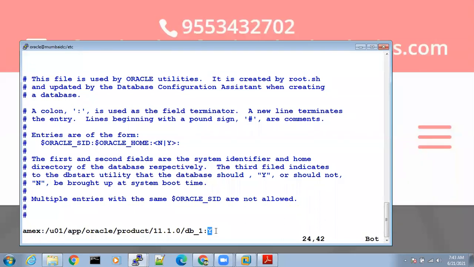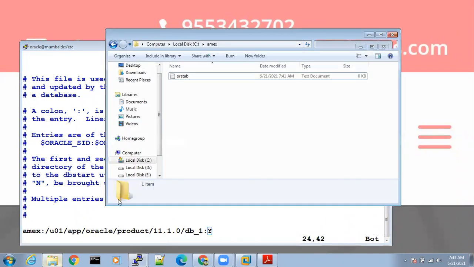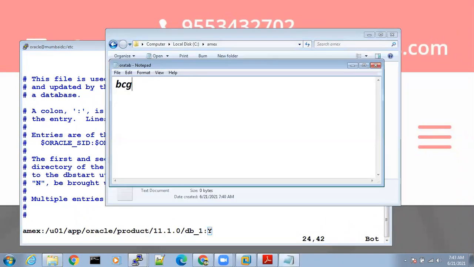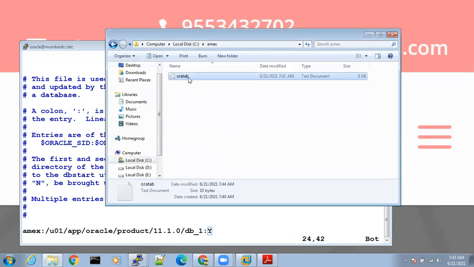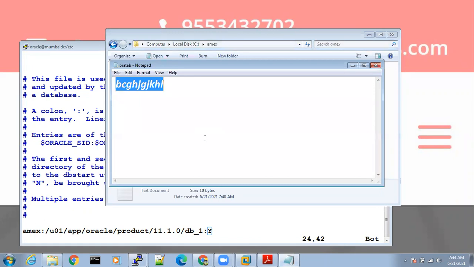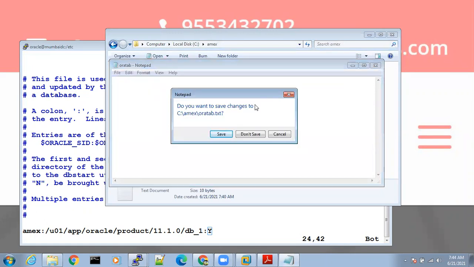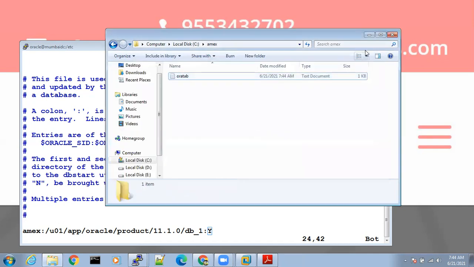Okay, and now in Windows, as I said, you type something and you want to save. How do you save? Just close it. It will ask you to save or don't save. To save, just click on Save. So that's a GUI. And if you removed something and now you don't want to save these changes, just close it without saving, then you click on Don't Save. That's it. That is Windows.